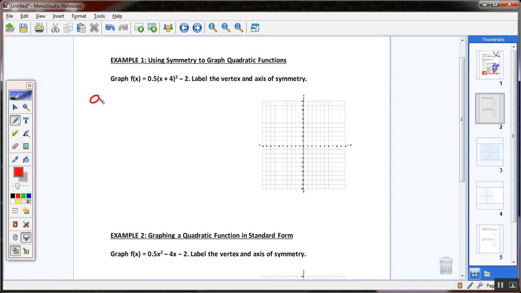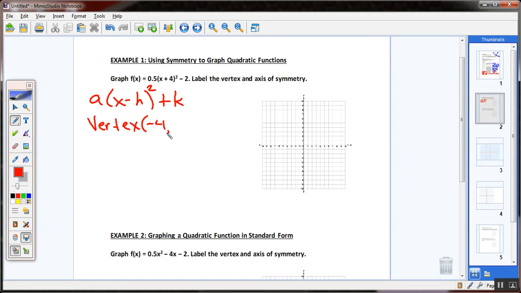Isn't this in the form of a times (x minus h) squared plus k right here, kids? What's the h value here, guys? Careful on it. It's kind of the opposite of this up here. So what value would go in here to make that 0? So I'm going to say right here my vertex is going to be at the point -4, comma